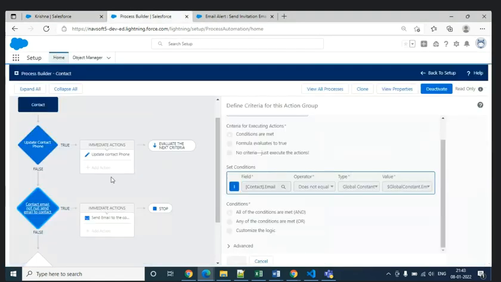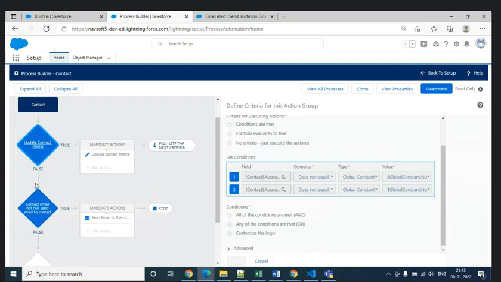Whereas in a workflow, you need to write a separate condition and a separate formula field. But in a process builder, you can perform multiple actions for the same condition. If the conditions are different and the actions you want to perform are different, then you have to differentiate them through different actions in the same process builder. Yes, you can add every action over here and do it.